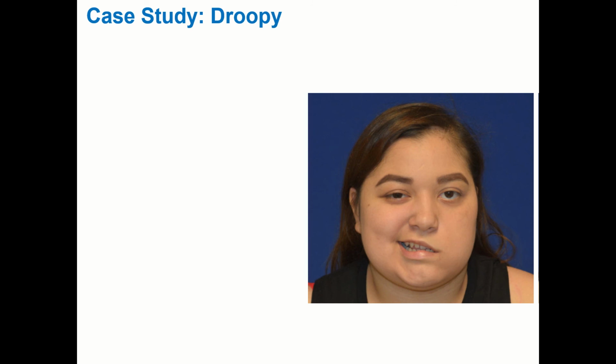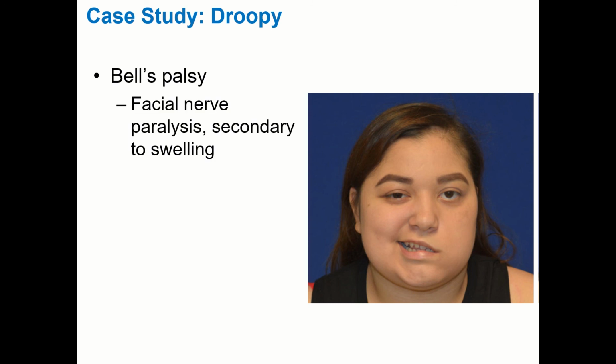So what could be happening here? Well, the particular condition this athlete has is called Bell's palsy. And it's actually a fairly common condition. What happens in Bell's palsy is that there's a swelling of the facial nerve. And remember, we're talking about cranial nerve pairs here, so it usually just affects one side, not both sides of the cranial nerve. So they'll have symptoms, in this case, on the left side, so it's usually just a unilateral issue. When that nerve swells, because of the small passage that it goes through in the skull,